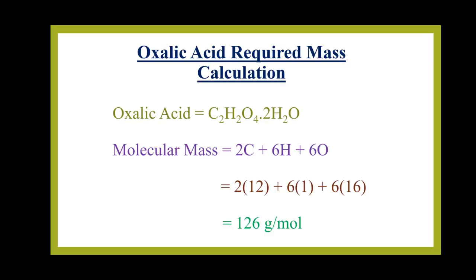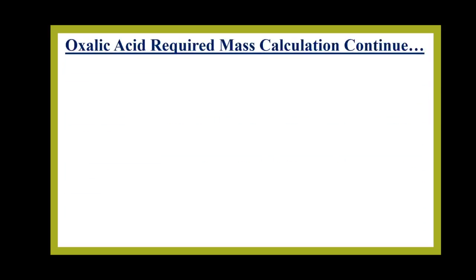After that, you can see that in the aim, we have the volume of that standard solution. Also, we have the concentration of the standard solution in terms of molarity, and we want just the mass of that solute. So we can use the formula of molarity, which is the mass of solute into 1000 divided by the molecular mass of solute into the volume of solution, right? Here we multiply by 1000 because we are taking the volume of solution in ml, right?